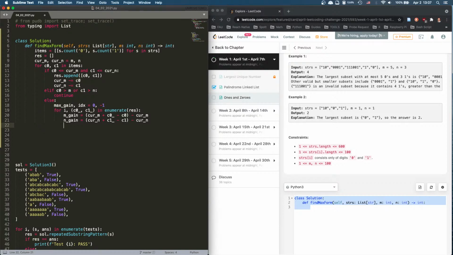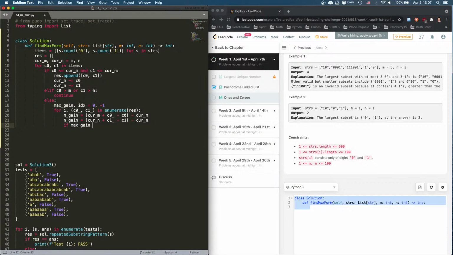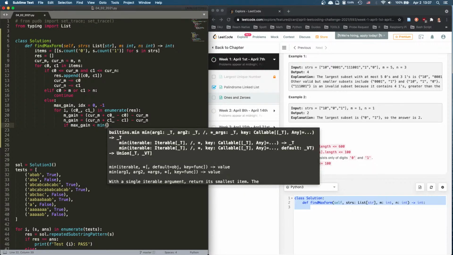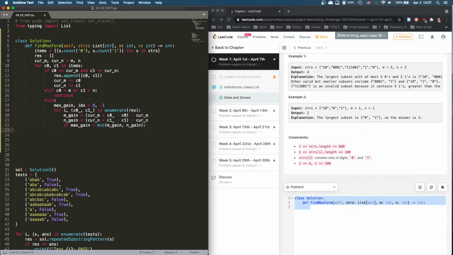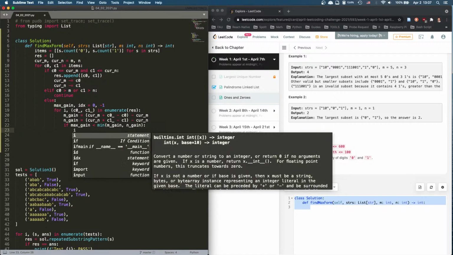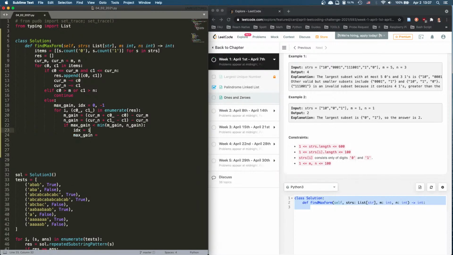If we say max gain is smaller than the min of m gain and n gain, right? If the max gain is smaller than this, which means currently by swapping we can achieve more max gain, and then we say index equals I, and max gain equals this,